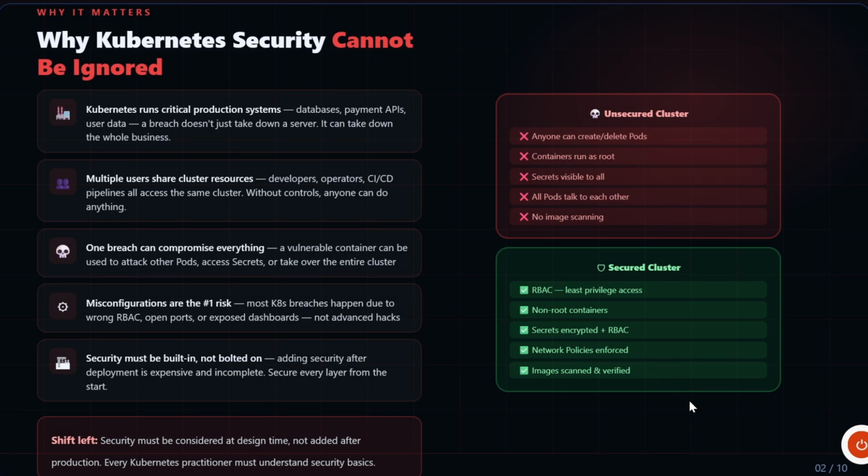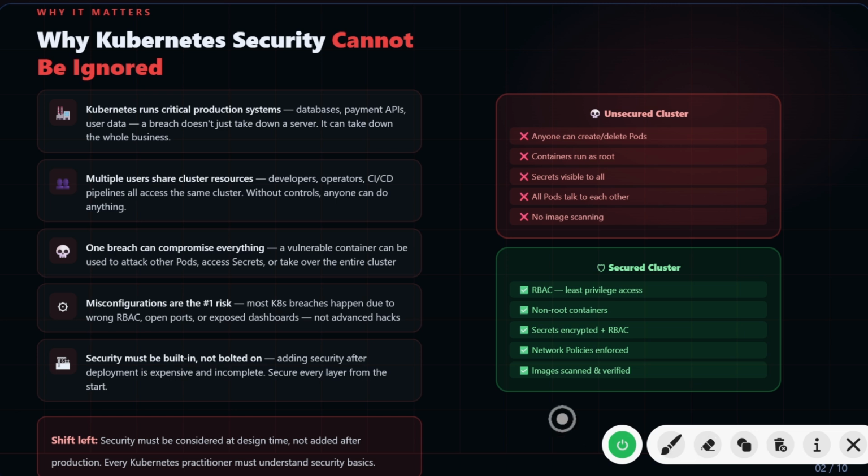Let's first understand why exactly Kubernetes security is important and cannot be ignored. First, Kubernetes will run critical production systems like databases and payment APIs. Obviously, there will be user data, and that can lead to a breach, and some malicious person could take the entire database. There might also be multiple users sharing a cluster's resources, especially the developer team, operations team, and CI/CD pipelines, all accessing the same cluster without proper controls. Anyone can do anything. There should be proper controls embedded, and one breach can compromise everything, especially a vulnerable container